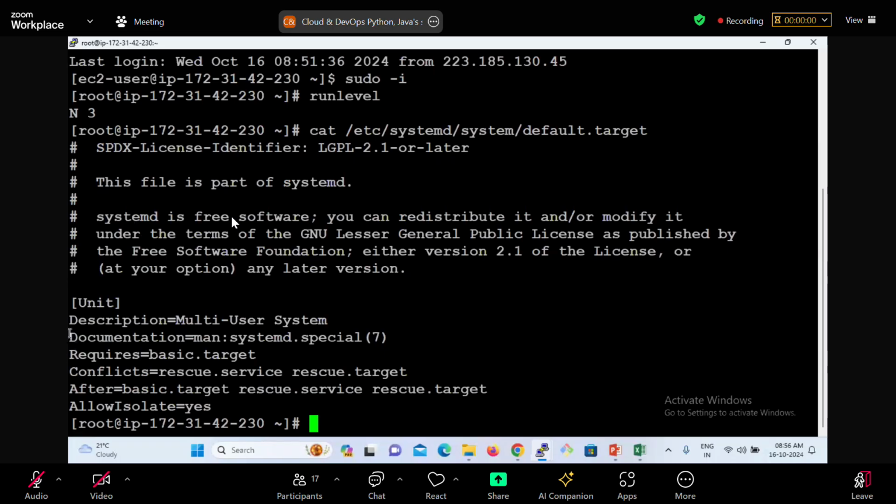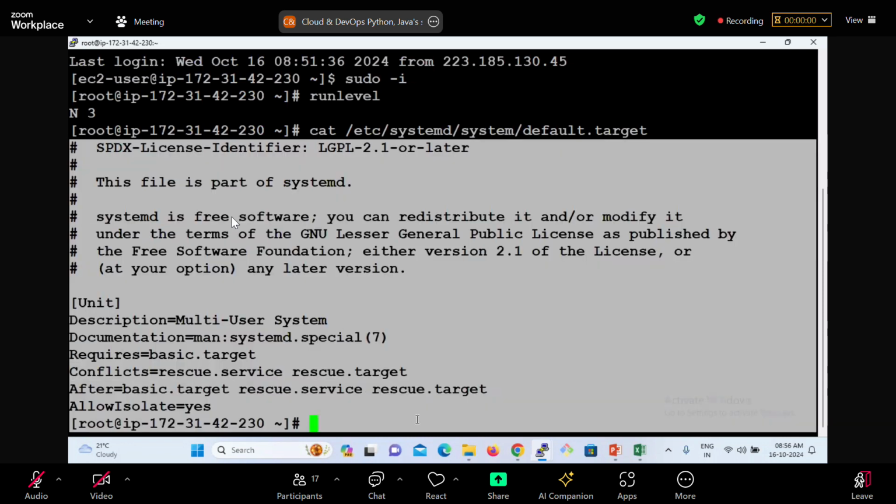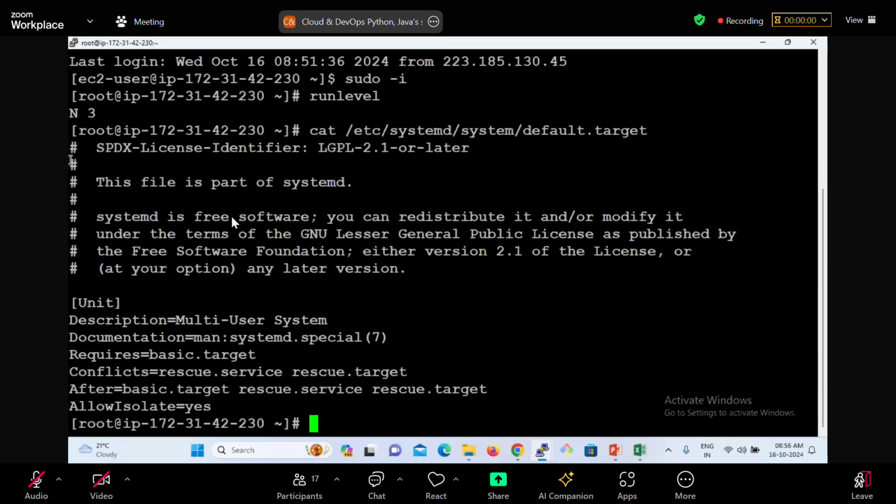It is all the details. What multi-user system? What would be the service? Requires basic dot service, rescue target, basic dot target. So it has given all the details whatever needed here. It just edited over here. If I am giving something else here, some other name will be there. So this is called the